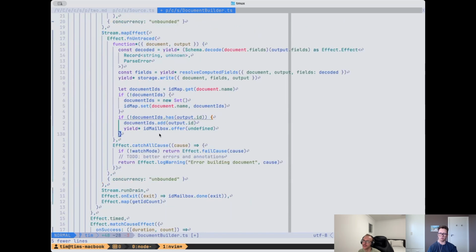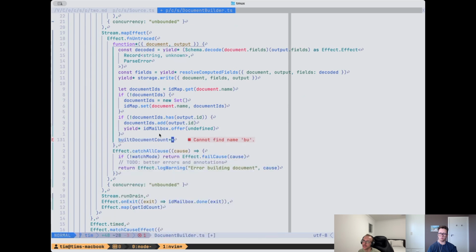Do we only increment if we add a new document ID, or is it only if we? Oh no, because yeah, never mind. It's if we build one,